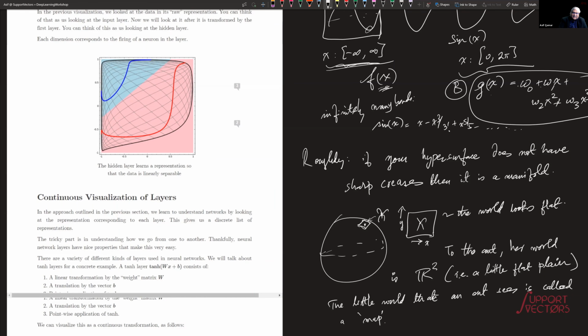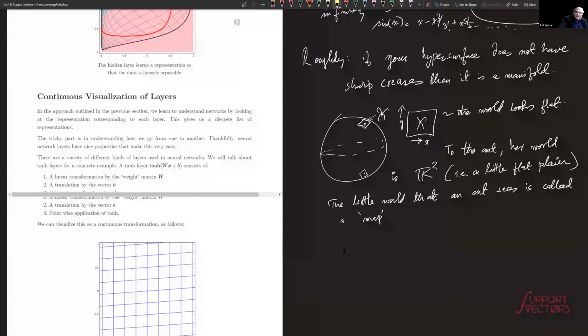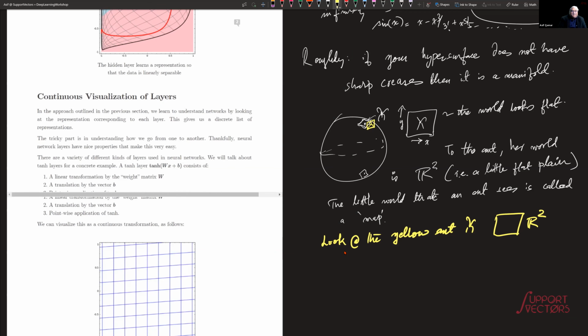Now, what about the next ant? There is another ant here with its own little map. Suppose you have another little ant who has a world like this, right? The yellow ant. Now, look at the yellow ant. It has its own little map, right? Which is R squared. But there is a problem to it. You know that the sphere is curved. So now, see, in reality, whether the ants can see it or not, there is a little deformation of their worlds,